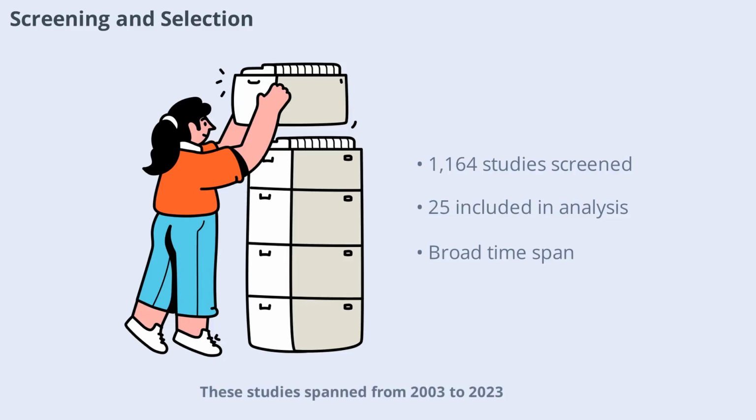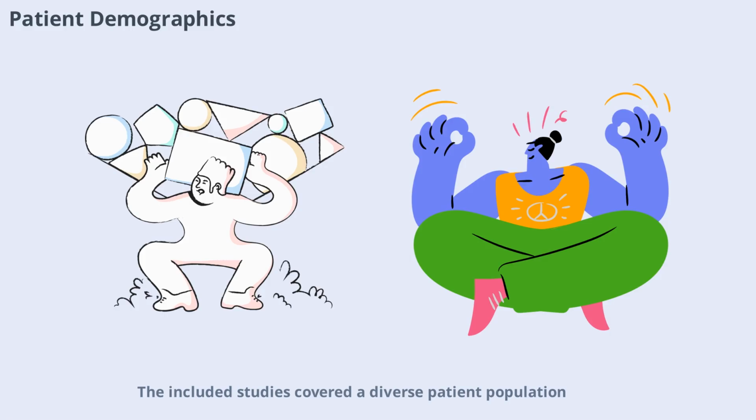These studies spanned from 2003 to 2023 and included both retrospective and prospective designs, ensuring a broad and representative sample of kyphoplasty outcomes in both spinal regions. The included studies covered a diverse patient population, primarily elderly individuals with osteoporotic fractures. Both thoracic and lumbar cohorts were represented, with some studies focusing exclusively on one region and others including both. This diversity allowed for a robust comparison of outcomes and helped ensure that findings would be applicable to a wide